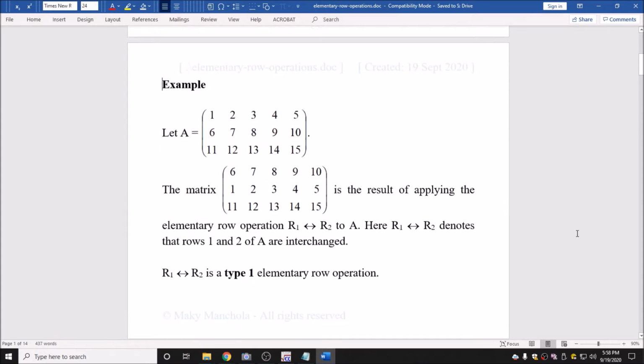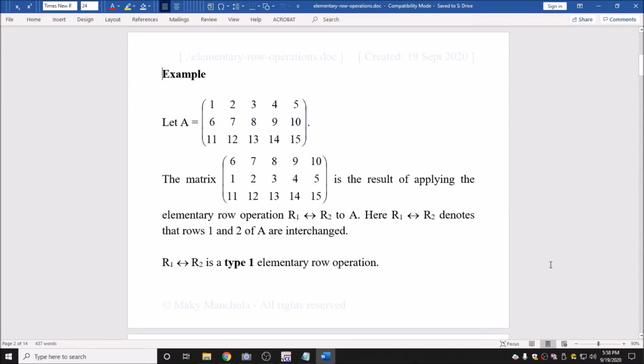Let's look at some examples. Example: let A be the matrix whose first row is 1, 2, 3, 4, 5. Second row is 6, 7, 8, 9, 10. Third row is 11, 12, 13, 14, 15. The matrix 6, 7, 8, 9, 10, first row, 1, 2, 3, 4, 5, second row, 11, 12, 13, 14, 15, third row, is the result of